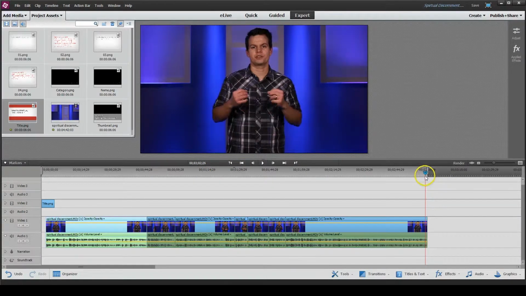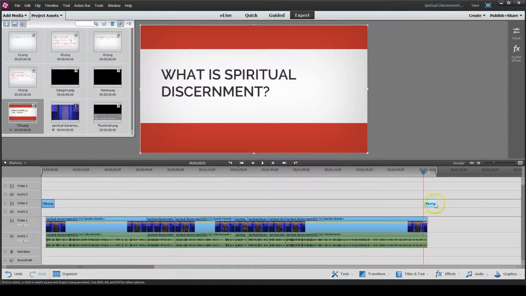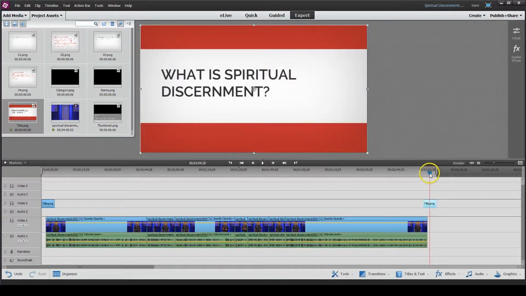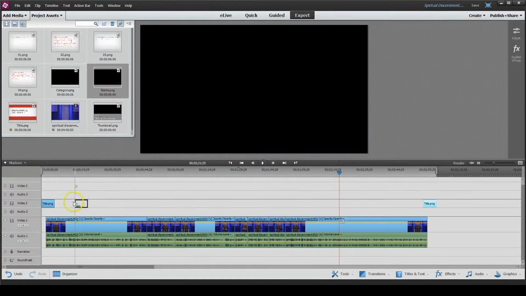And it doesn't have to be perfect. It does have to be close though. But with my arrow keys I can get it perfect. So I'm going to do the same thing. I'm going to drag the title slide to the end here, and I'm going to leave it again at the default length, and that just gives us a little bit of time after our video. Okay, the next thing I'm going to do is grab the name image,